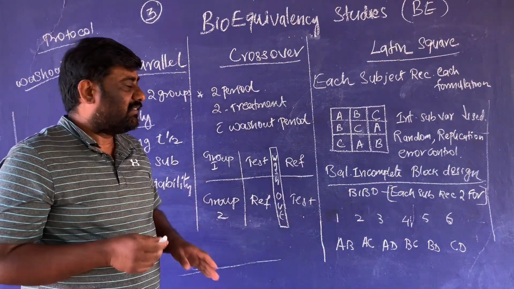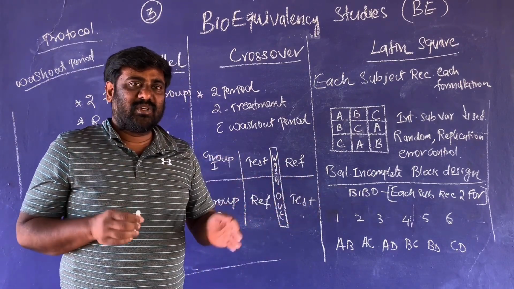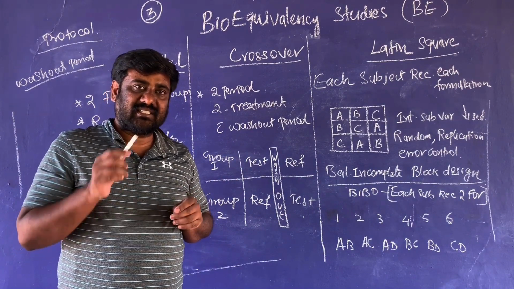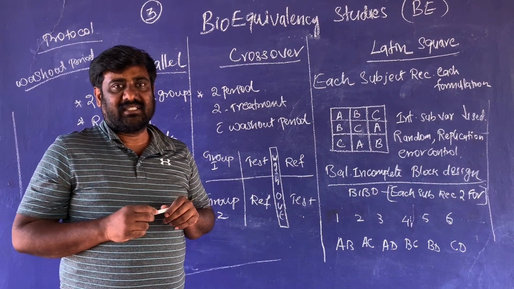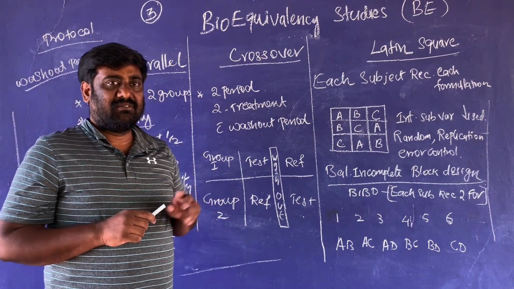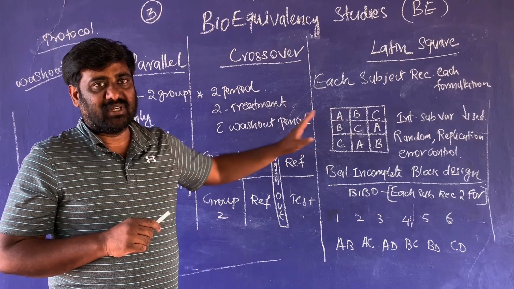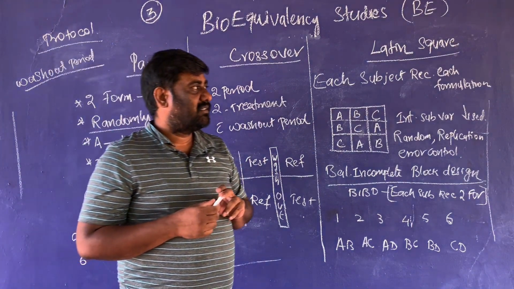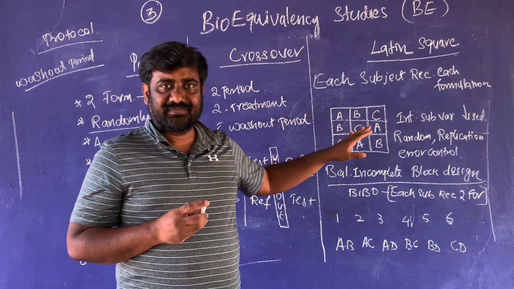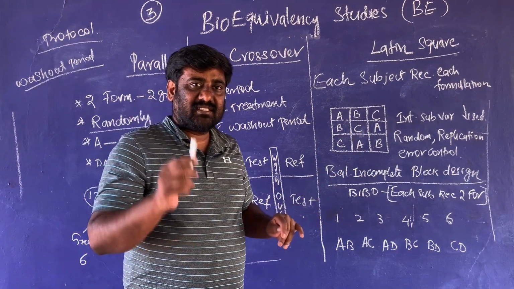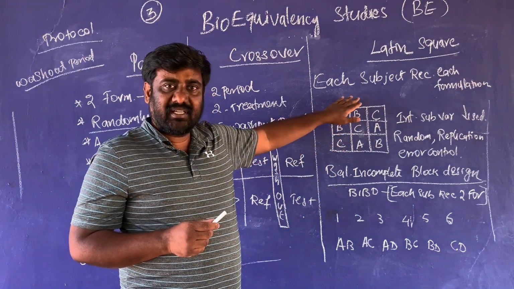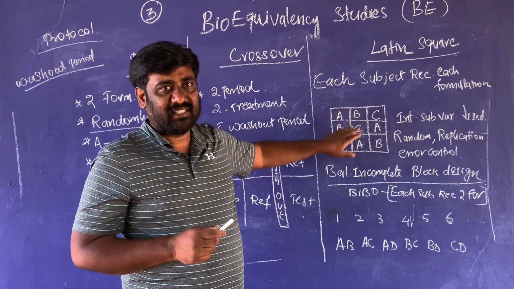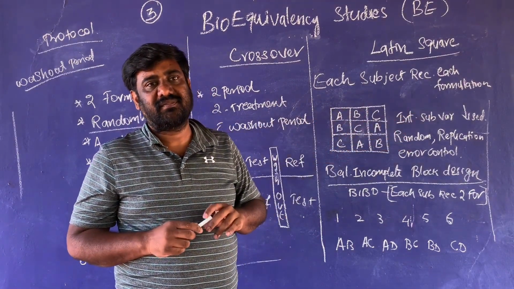However, whenever we are studying, either more human volunteers are used, or the same human volunteers are repeatedly treated unnecessarily with the drug and their blood is collected for estimation. This is one of the major disadvantages in all human volunteer studies. And the third method is called the Latin square technique. This is a widely used method and is advantageous because it has very minimal individual subject variability. But one main drawback is that it consumes a very long period of study.